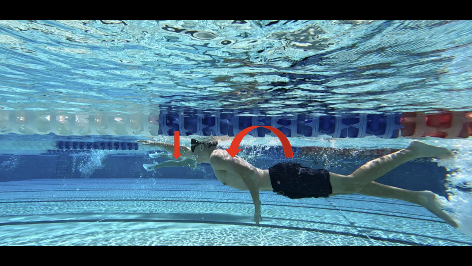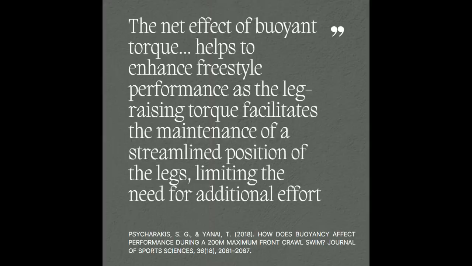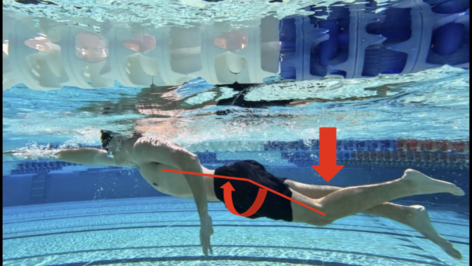Additionally, a neutral head position that shifts the body into horizontal alignment situates the body in a streamlined position, assisting to reduce form drag. Being positively buoyant ultimately improves freestyle performance through its effects on leg raising. Saikaraki and Yenny deduced that the net effect of buoyant torque does help to enhance performance, as leg raising torque maintains the streamlined position of the legs, limiting additional efforts such as excessive kicking and in turn energy output. Therefore, the lower the legs drop, the larger the resistant arm is, which leads to a greater generation of resistant torque, which then